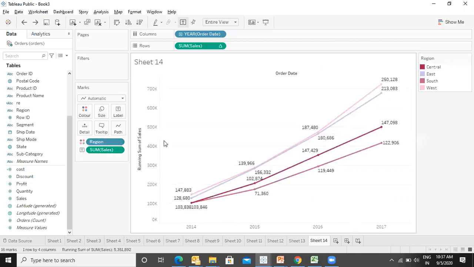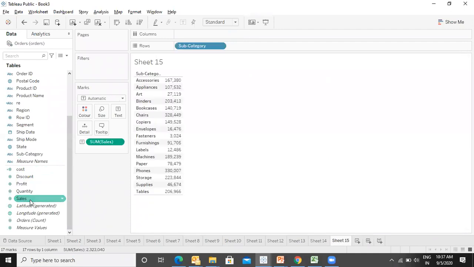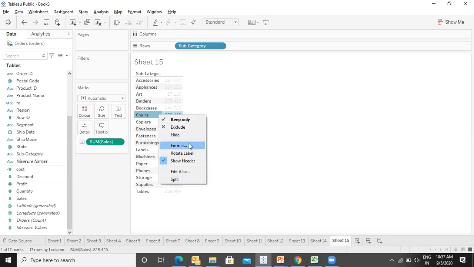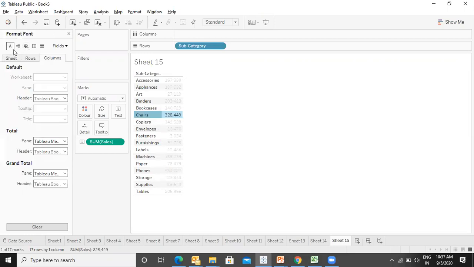This one? Yeah. Okay, let me give you another example which will be a simpler one in a tabular format. So let's take the subcategory wise sales. Let me increase the size a bit.